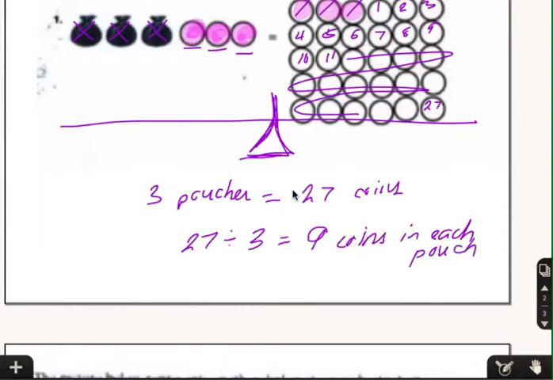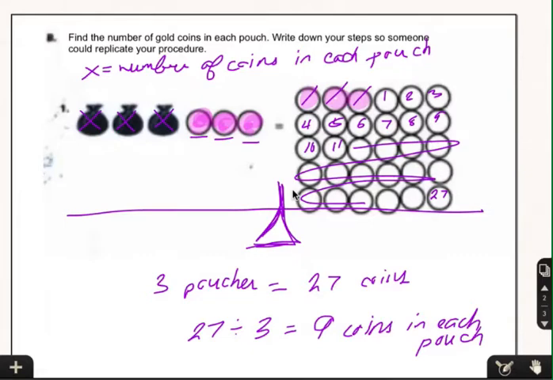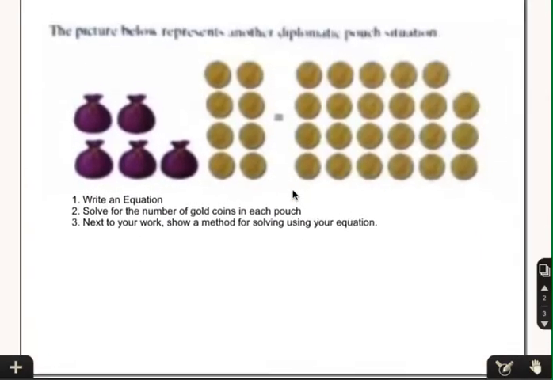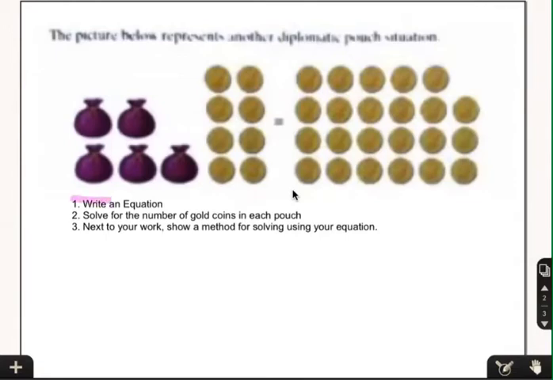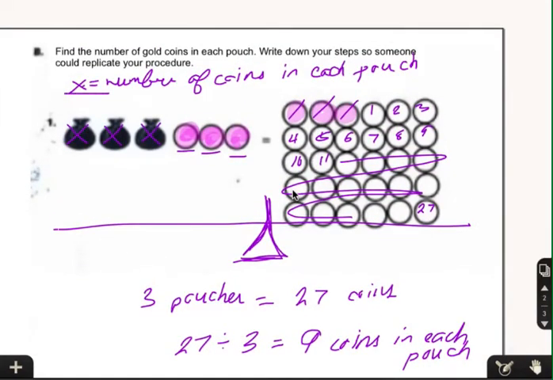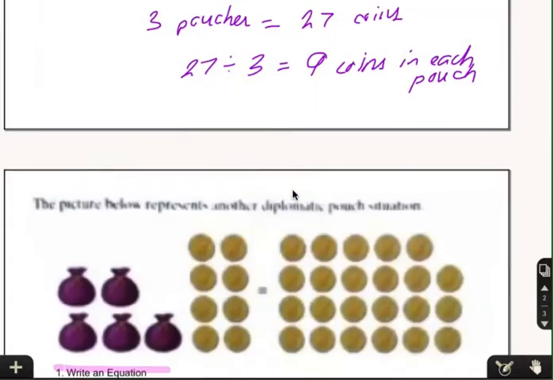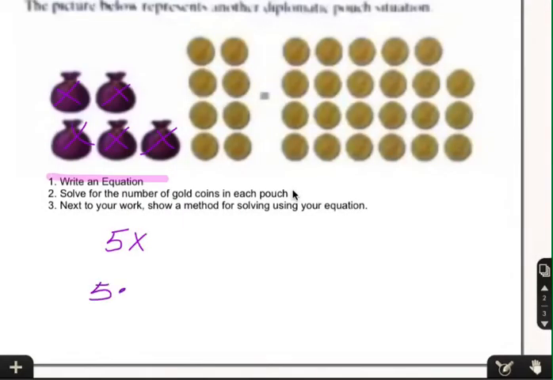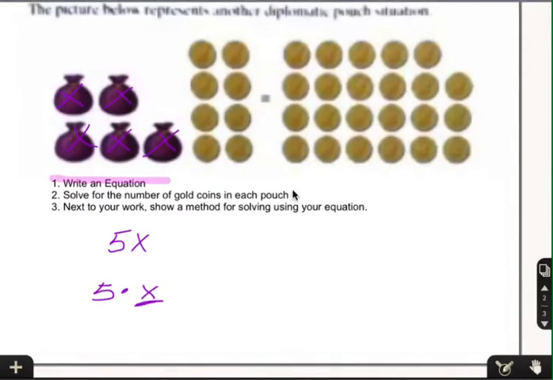So a problem that looked fairly complicated, thinking about rules of equality, simplifies and helps us to solve for the correct answer. Okay? There's another example here that asks us to write an equation for this picture. Now, this is almost like what I did when I talked about X as being the number of coins in each pouch. Because what I need to know is if I have 5 pouches, how many X's do I have? Well, I have 5 X's. And when I write it like that, 5X, that really means 5 times X, or times the number of coins